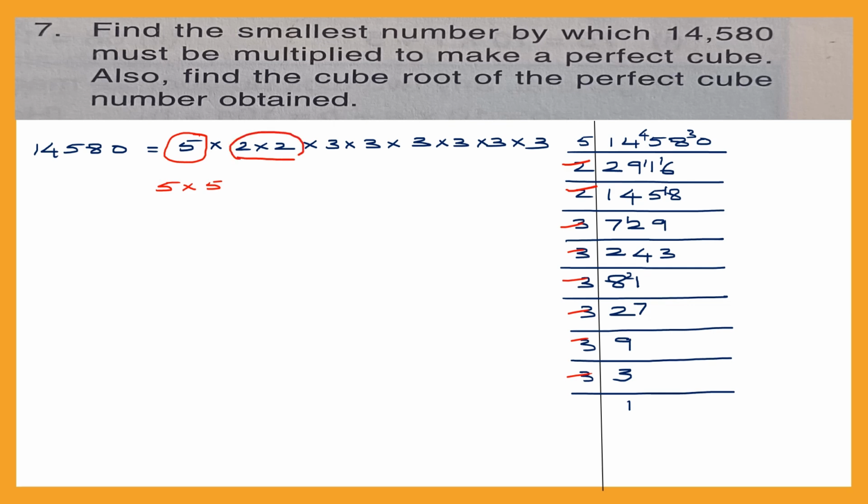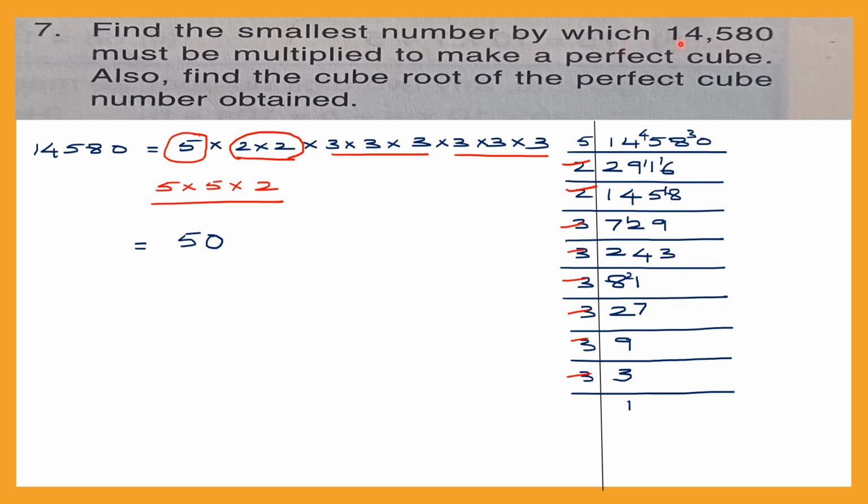So if I have to make it a triplet, I have to multiply it with 1 more 2. Now here I have a triplet and here I have a triplet. So these are the numbers that don't form a complete triplet. If I multiply these, I will be able to get a complete triplet. 5 5's are 25. 25 into 2 is 50. So 50 is the number by which I have to multiply